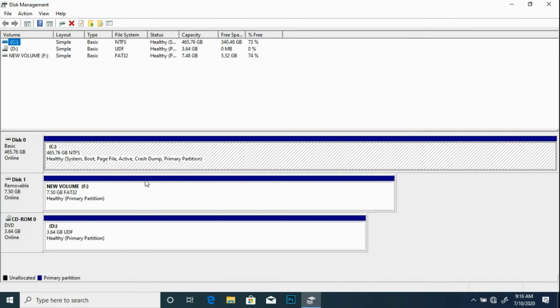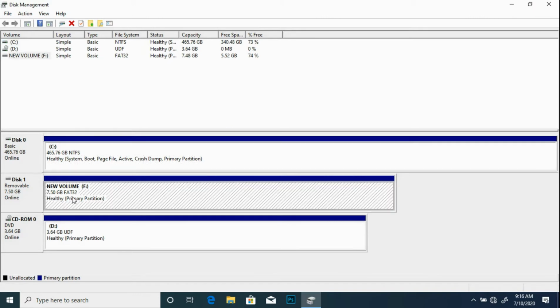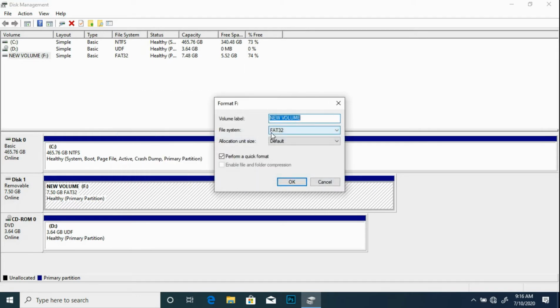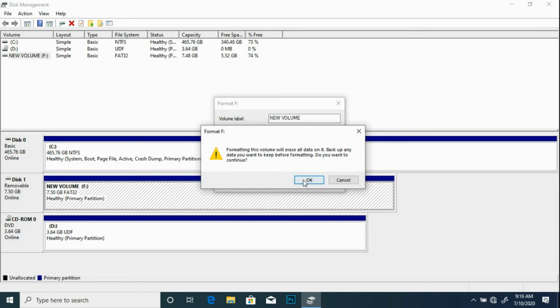Notice the Disk Management tab appears. Then locate the USB drive, right-click on it and click on Format. Change the file system format to NTFS and notice the box is checked for quick format. Click OK